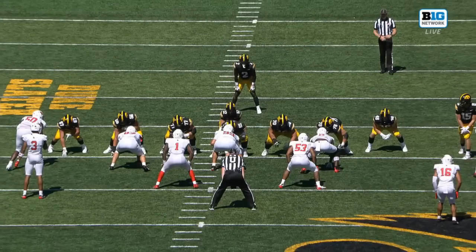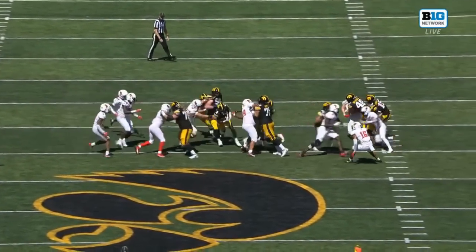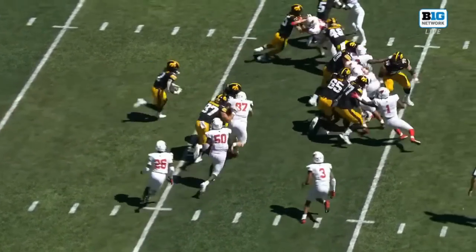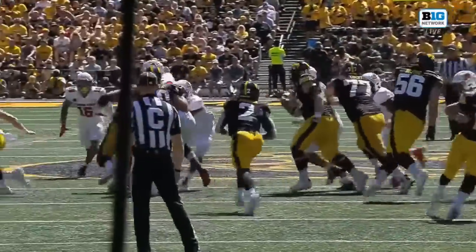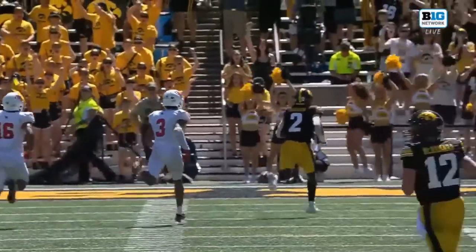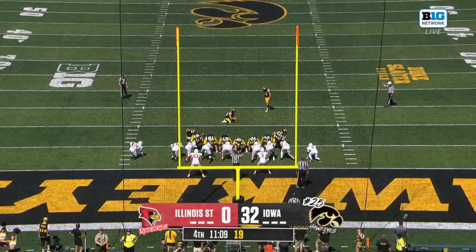Through an attempt to bring him down at the line, then he was off to the races. This looks just slightly different than what Iowa fans have become accustomed to during Kirk Ferentz's time here. The path of the O-line, yes, they're still moving in unison for that zone blocking scheme, but as opposed to a lateral charge, it's more of a vertical charge, kind of a 45-degree step, advancing on the opposing defense, moving that front seven against their...